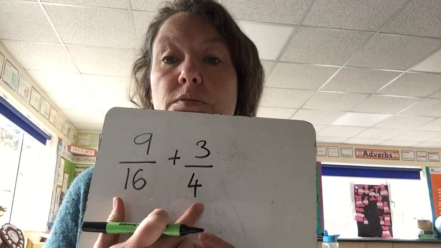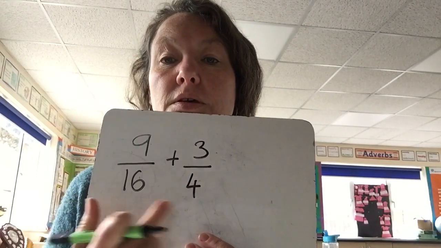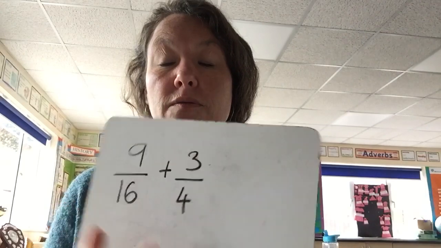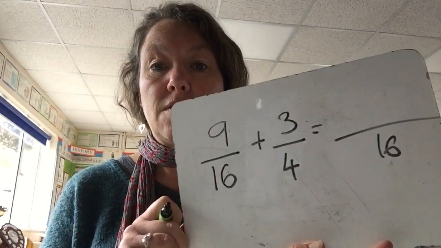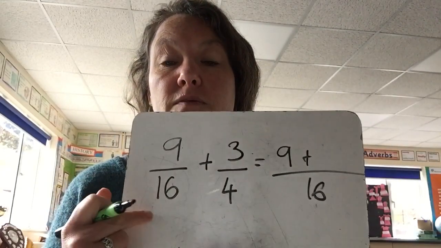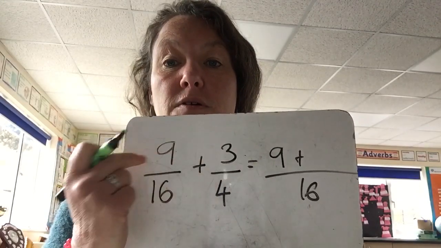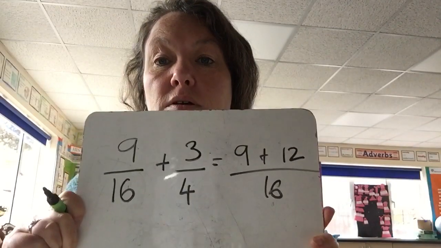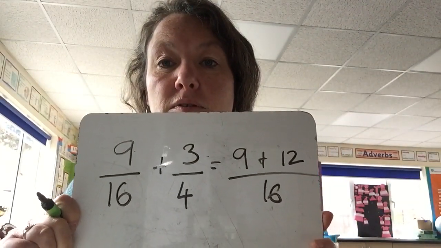So we're going to take the smaller number and change it to the bigger number. So we've multiplied that by 4, haven't we? So we put 16 on the bottom there, and we have 9 there. And because we've multiplied 4 by 4 to get 16, we're going to multiply 3 by 4 to get 12. So now we have 9/16 plus 12/16, which equals